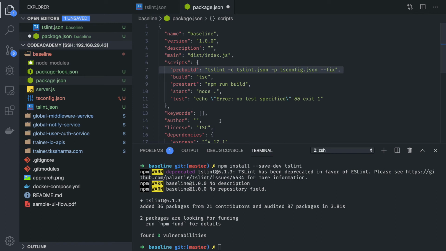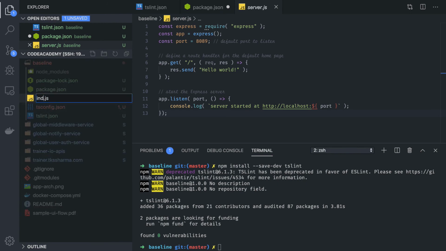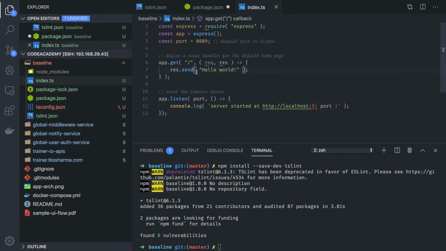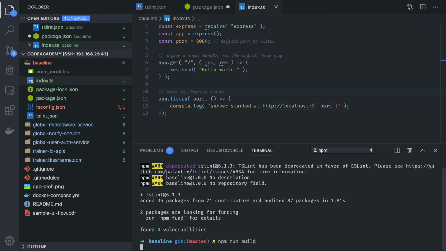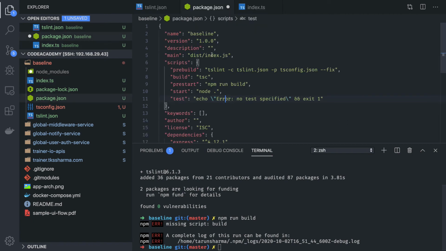Now if you do npm run build here, let me just convert this server.js to index.ts. If you try to build it right away, we will come to know: missing script build. I think we haven't saved package.json.